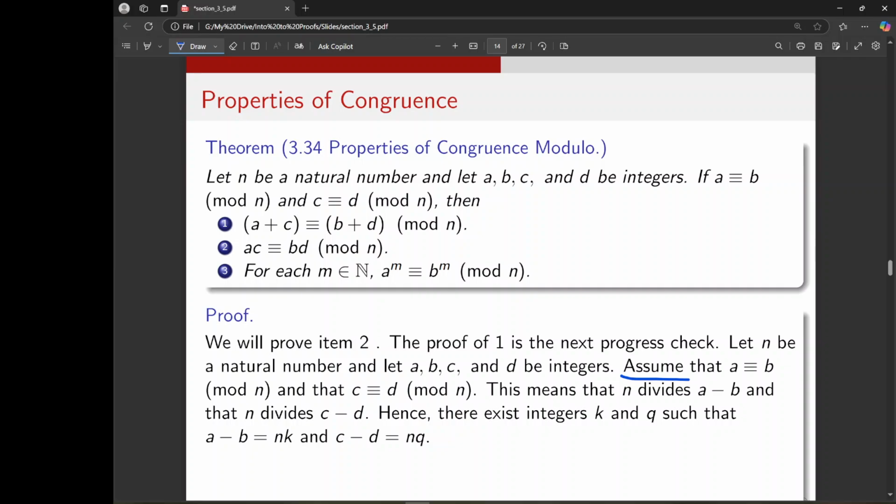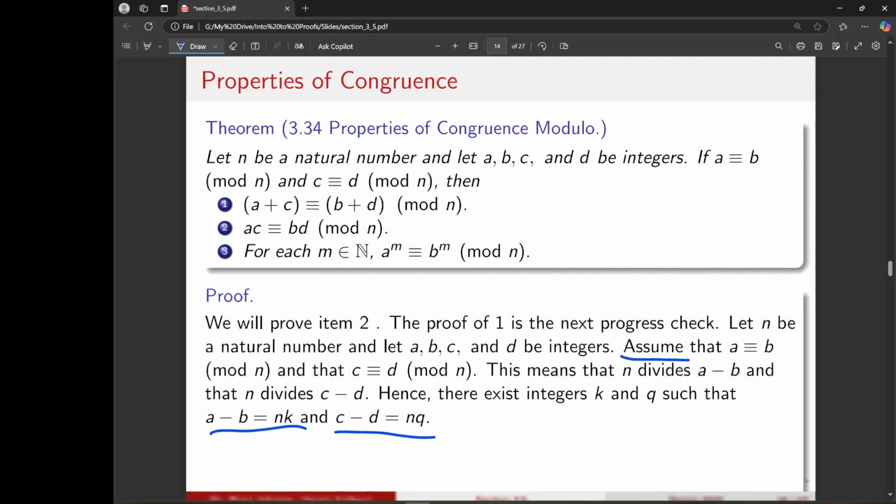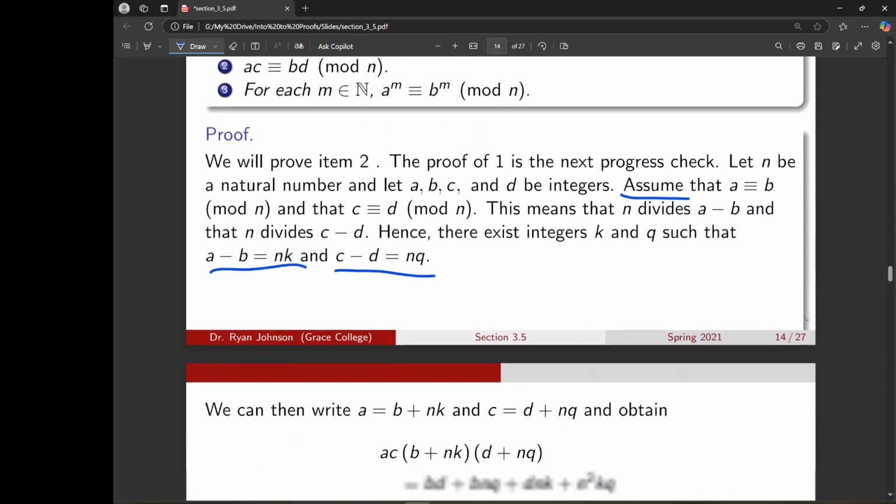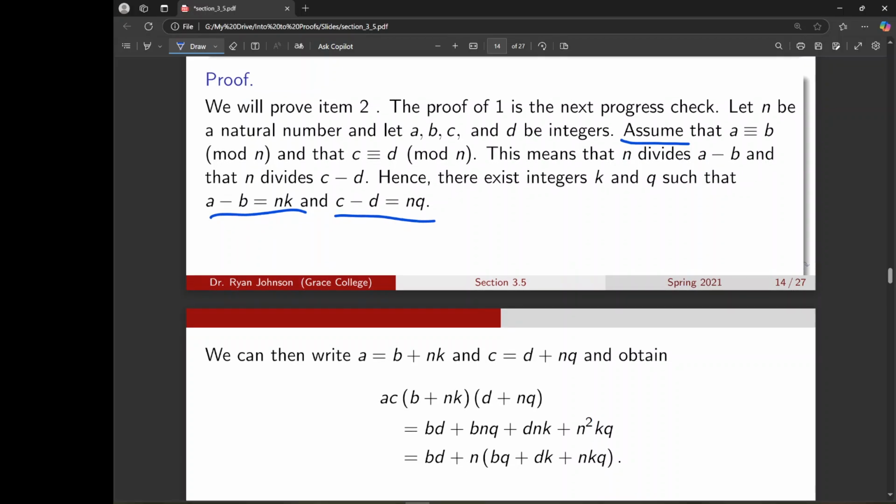So this means that n divides a minus b and that n divides c minus d, hence there exist integers q and k such that this is true and that is true. Okay, now we broke down the definitions, so then what we're being asked to do is look at a times c and b times d. So we can write a equals b plus nq and c equals d plus nk and obtain,